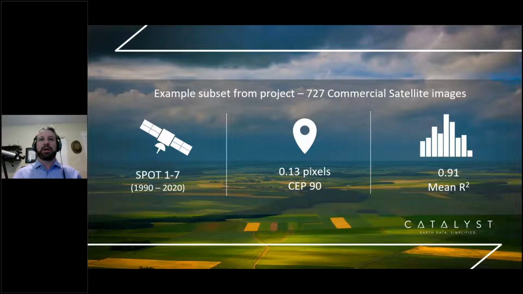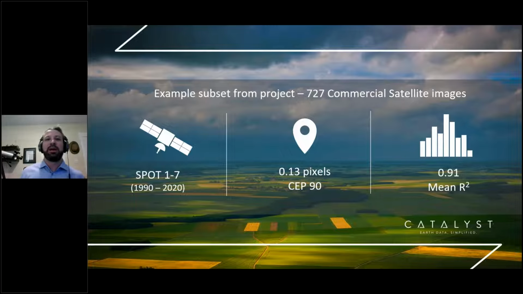So let's take a look at a subset from a larger project that we're working on right now. Once again, in this subset, we analyzed 727 commercial satellite images. So it's just a small subset. We're working with one of the space agencies right now, and they have a huge archive of imagery. Basically, we were working with SPOT imagery from SPOT 1 to SPOT 7. So it's a variety of different apertures and sensors themselves. And we're looking at imagery captured as early as 1990, all the way up to 2000,